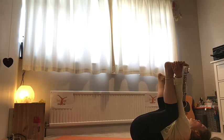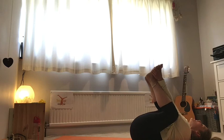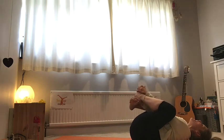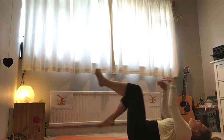And whenever feels good for you, you've got three options. You can just open out, so you're gently relaxing on your back. You can turn over, so you're relaxing on your front. Or you can come to a seated position for our final relaxation. So you choose, so either back